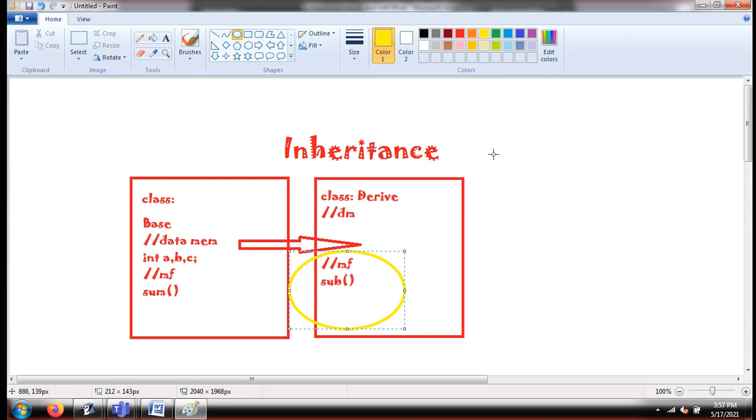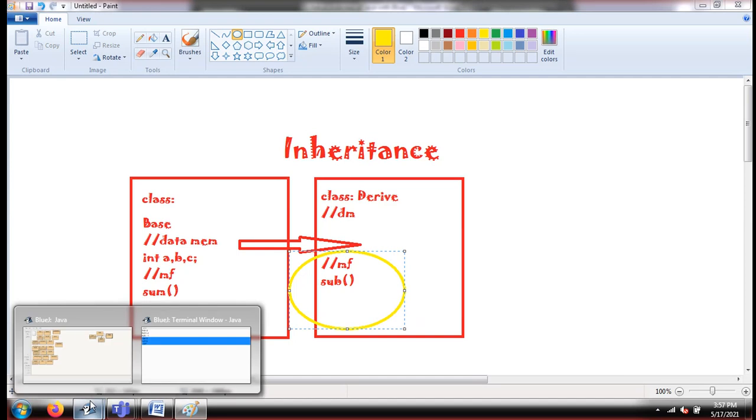So guys, this is an amazing feature, one of the very best principles of object oriented programming. What you have already done, you can reuse, you can add something new to it, and your work will be done. You don't need to recode, you don't need to rewrite the same thing again and again.